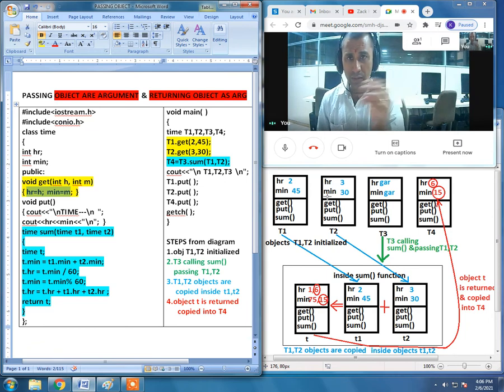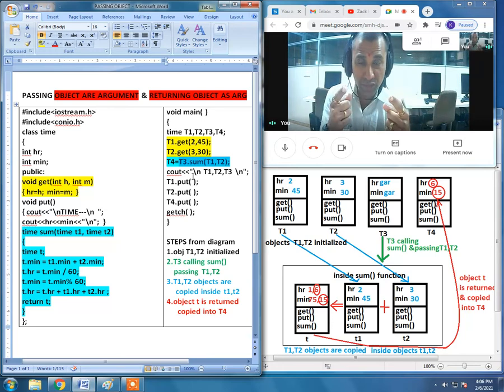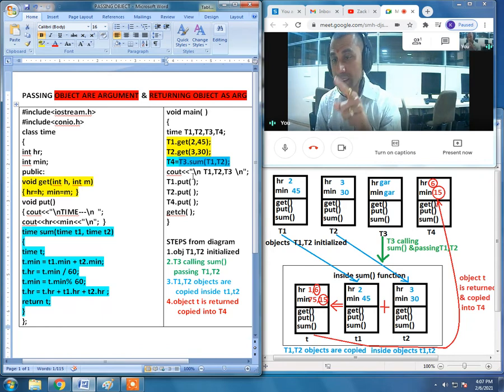Now the main core part of the entire program, and that is the sum function given in the sky blue part, everyone. Here we make a function call to the sum function. That is important: it is a class member function, and an object of the same class can make a call to the class member function, and that job is done by the T3 object. So the task of the T3 object is nothing but to make a call to the sum function.